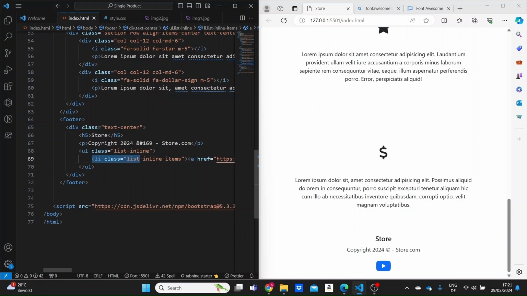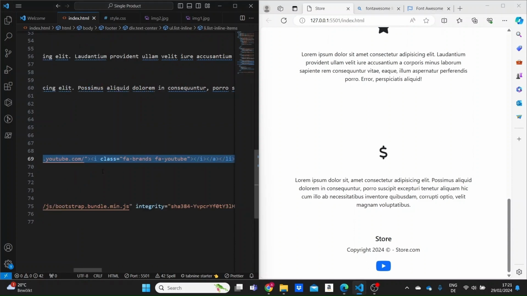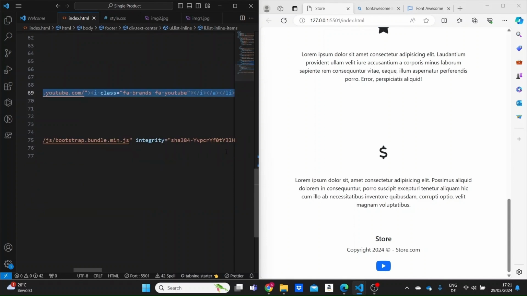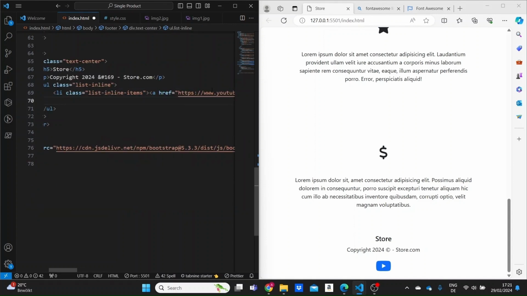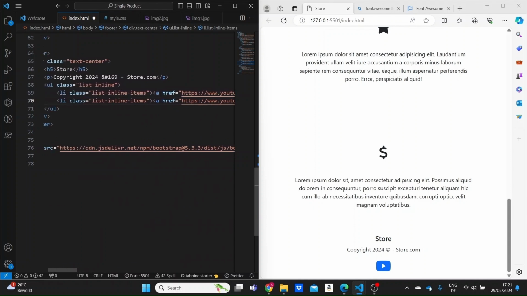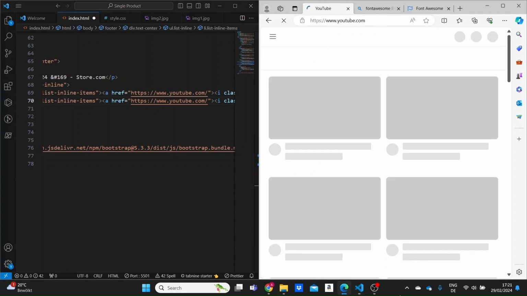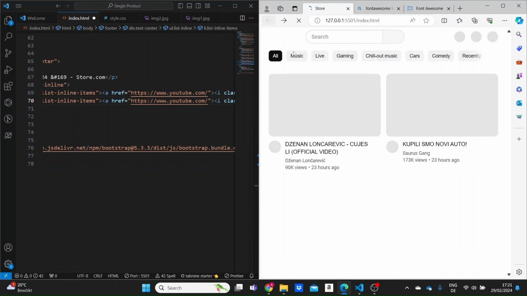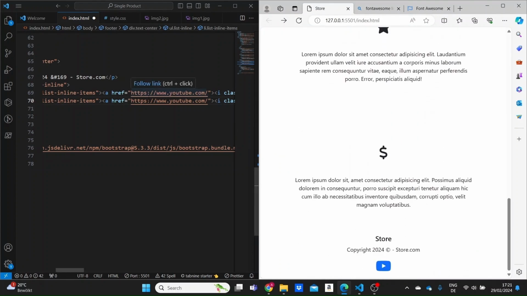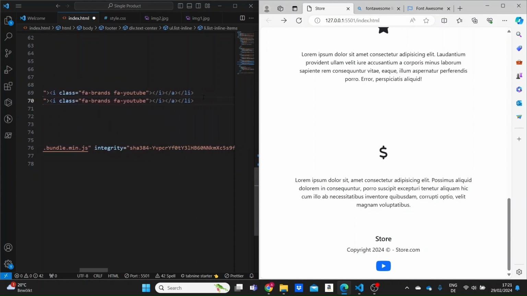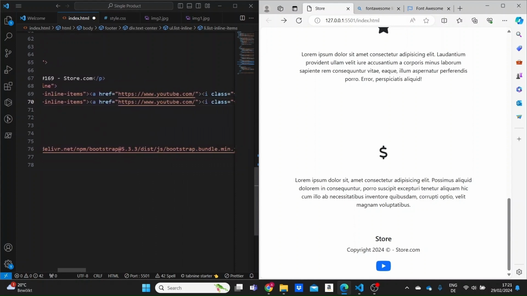Let me just copy this list element and put it down below. And the difference here is, oh sorry, I forgot to tell you that if we click on this YouTube icon now, we will be redirected to YouTube, since we linked our anchor to YouTube's URL. And yeah, that's basically how it works. Now I'm going to change the href attribute of the anchor tag in the second list item to